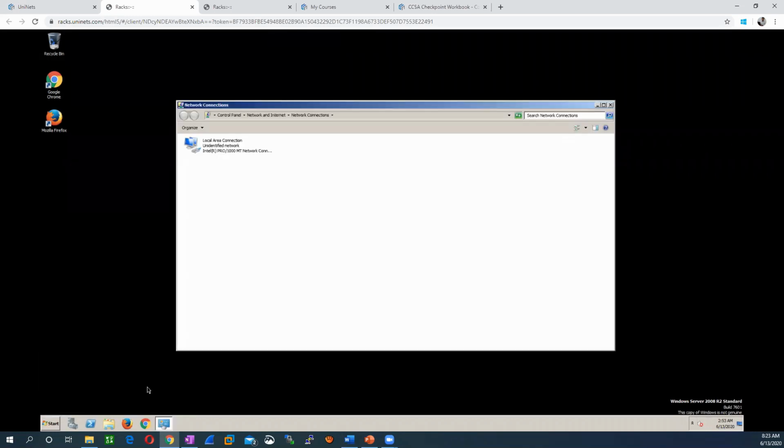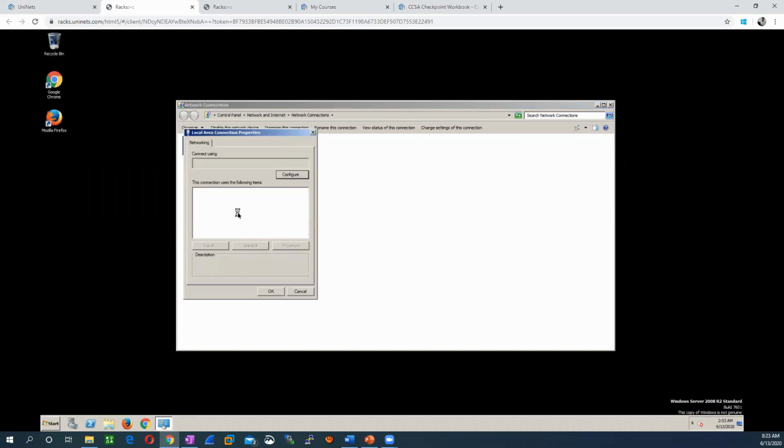We need to assign the IP to this server in the same range. If I open the network settings of this device, I can run the command ncpa.cpl to open the network settings, and we can check what IP address has been assigned to this machine.